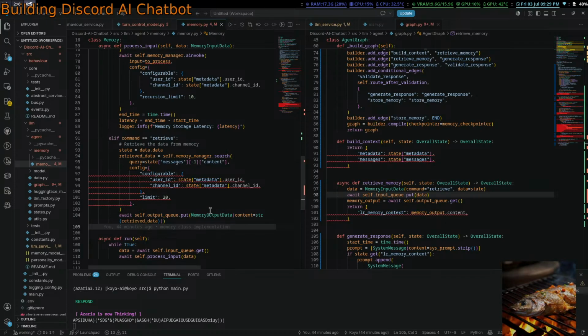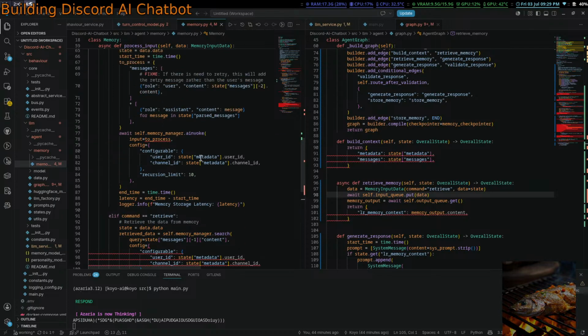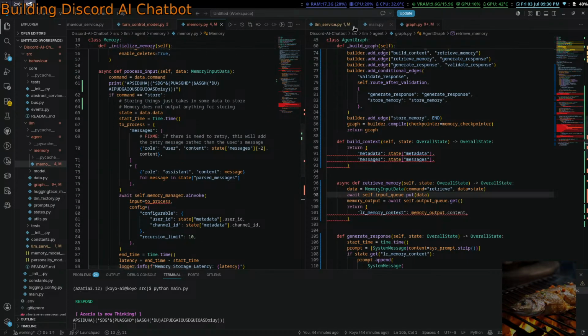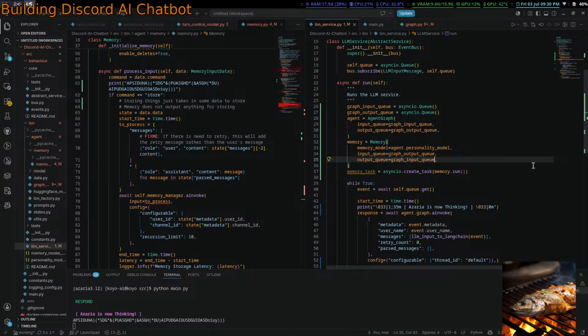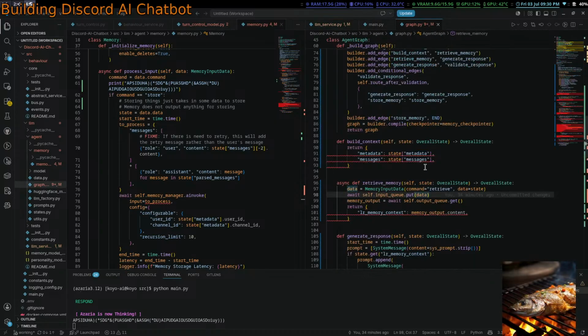I'm pretty sure for the graph, output queue, graph input queue, right? Because in the graph we read from the input queue and then we write to the output queue.